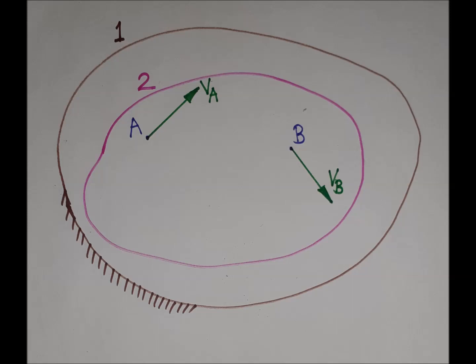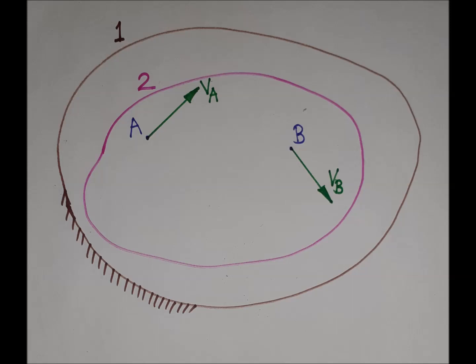At this instant, that motion can be treated as pure rotational motion about an imaginary or virtual center, and that center is known as ICR, that is, instantaneous center of rotation. Now we will locate ICR for relative motion between body 1 and 2. It means we have to locate I12.